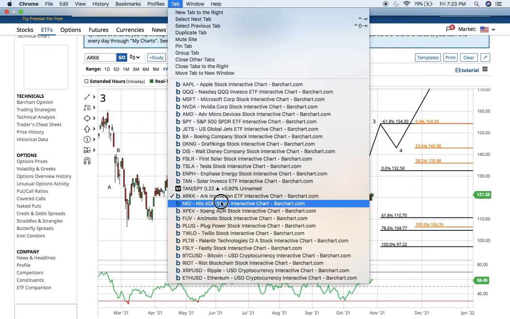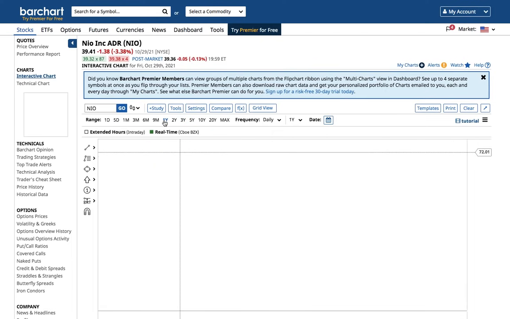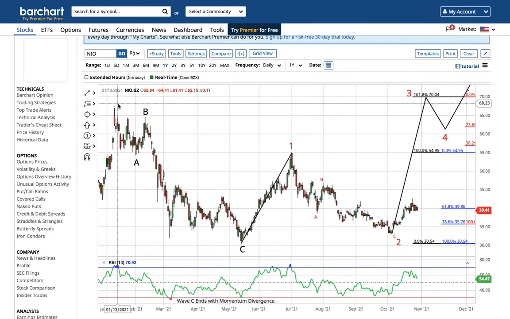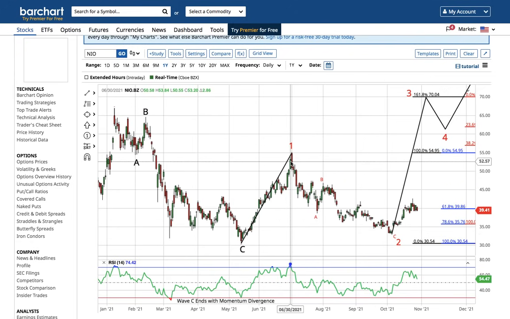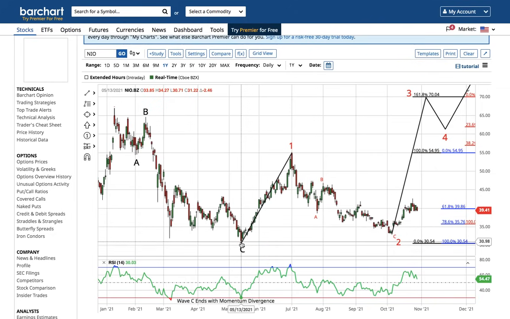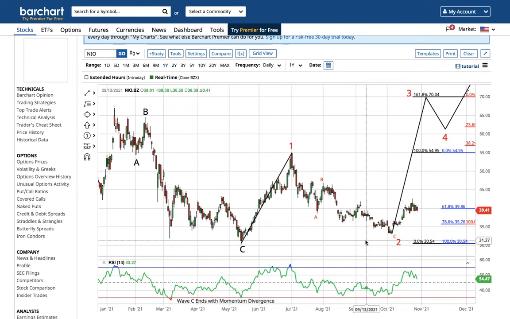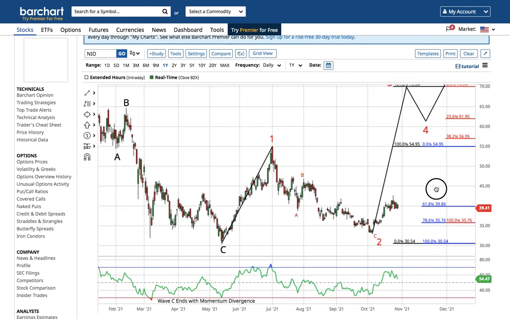So ARK's looking good. Here's NEO. I think NEO is looking really good. Given everything that we talked about, it actually kind of reminds me of Draftkings, the count, but this is an ABC correction. I think this is a wave 1 and an ABC correction putting in a wave 2 low. If we looked at the XPEV chart, the Enphase energy chart, they already broke above this wave 1 high. And it's really the exact same from this May 13th low, right? Every single stock, wave 1, ABC wave 2 at the 78.6% retracement. So we got a closer low to trade against now. If we're above 30 to 33, then we're within a wave 3 that's going to go all the way to the 161.8% extension of wave 1 before a shallow wave 4 correction and a wave 5 higher.